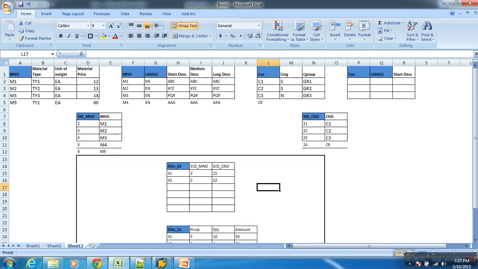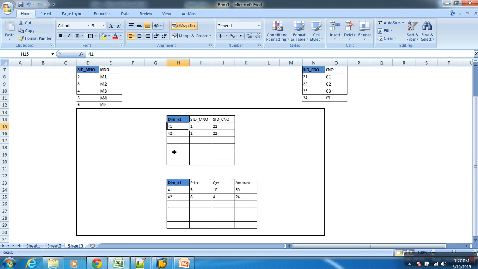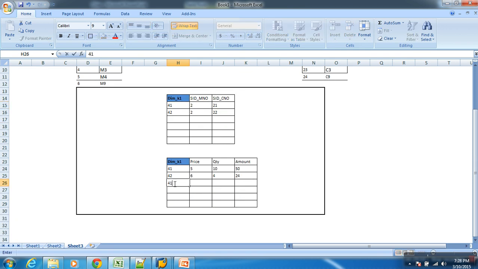Okay. Suppose now let's say I perform the same record again, M1 C1. So it goes to the table. For M1, what is the SID? 2. For C1, what is the SID? 21. For the combination of SID 2 and 21, the dimension ID is already generated. So will it reuse the same or will it generate one more? Reuse the same, yes. So 41. This is how it generates dimension IDs when you have two SIDs connected to the same dimension. When you have multiple SID tables connected to the same dimension, it generates the dimension ID based on every combination of the SIDs. For each combination, it generates one unique dimension ID.